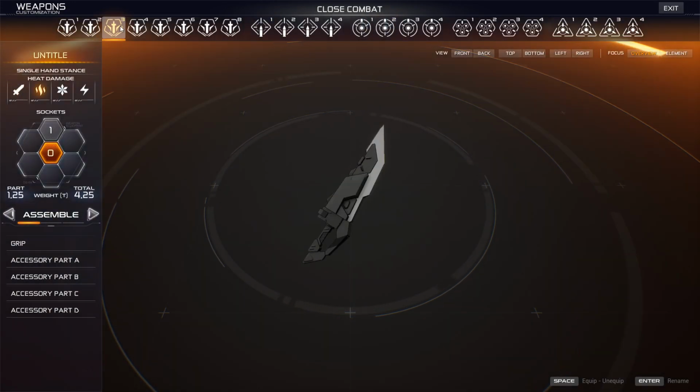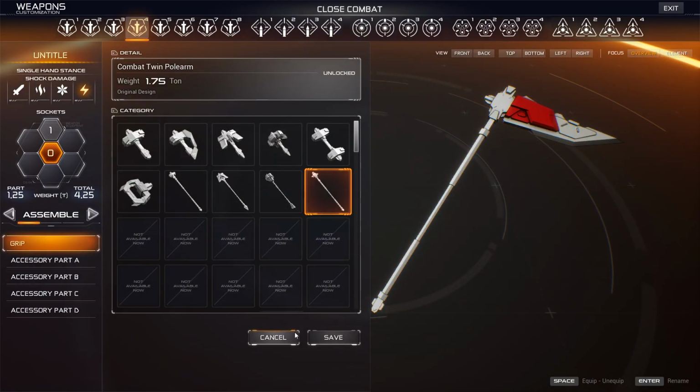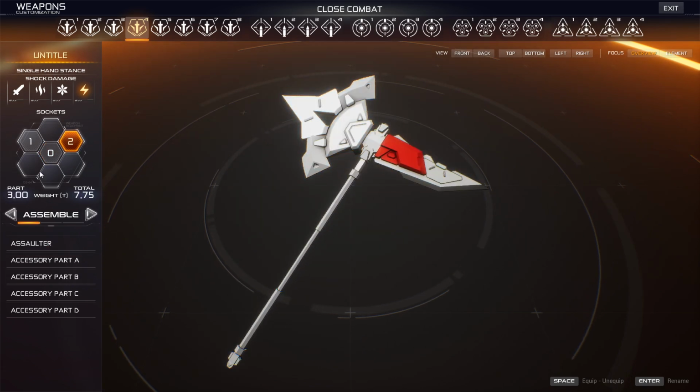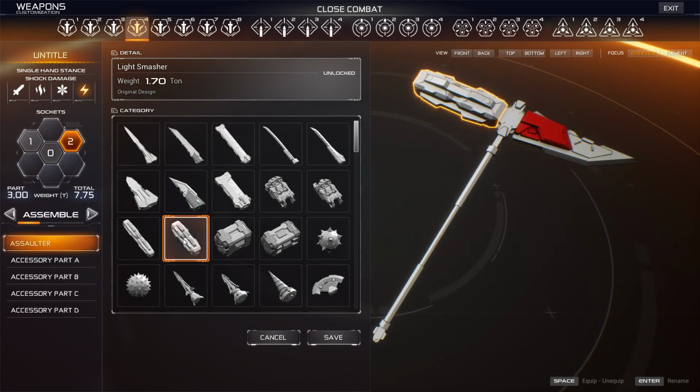Now this thing, I don't know what weapons it has apart from this giant hammer, so we're just going to have to go with that. Let's see here. If I can get away with this. We've got the...